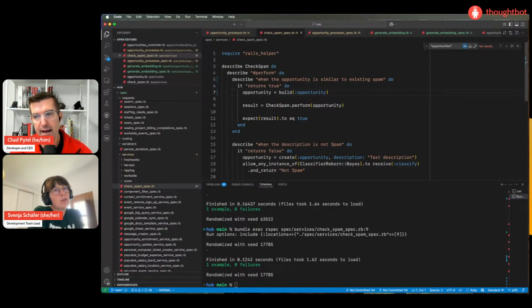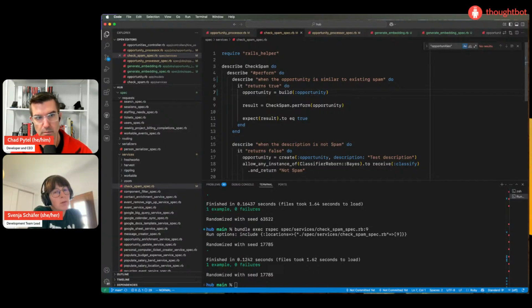One idea I have would be to make a fixture file that has an embedding of an actual spam opportunity, and one that has embedding data of a not spam.